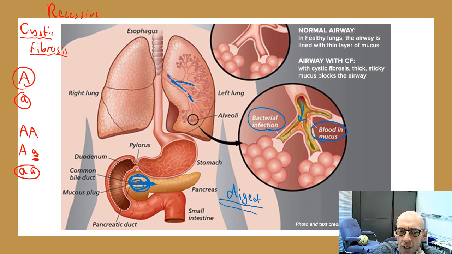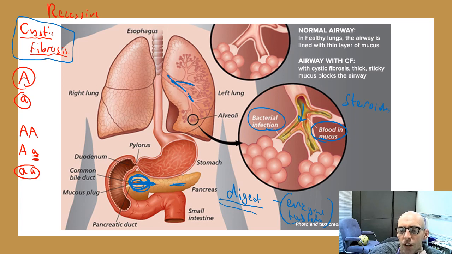Now, 30-40 years ago, cystic fibrosis was seen as a really serious condition that would very drastically alter your lifespan. Nowadays it's seen much more as a treatable condition, and so for example somebody with cystic fibrosis may take enzyme tablets because their pancreas isn't releasing enough enzymes, so at every meal they take some enzyme tablets, and that can help with the pancreas problem. They might also take steroids